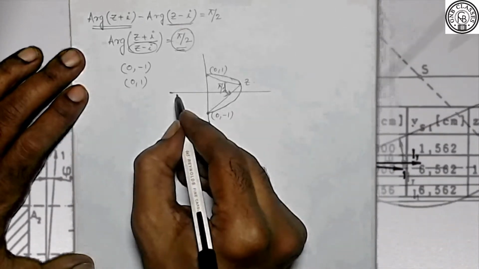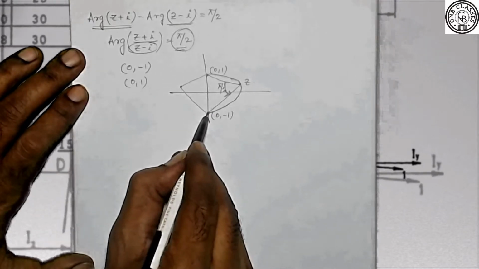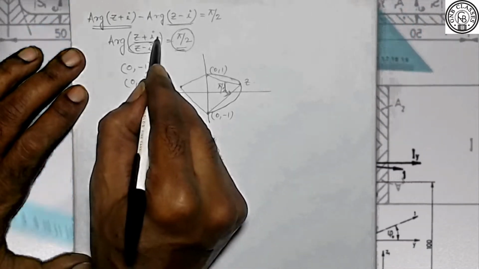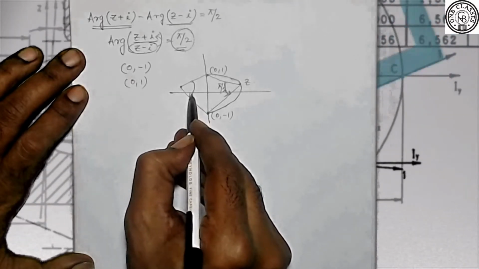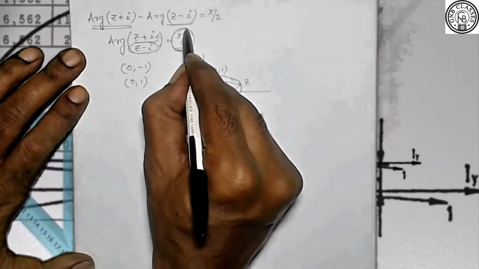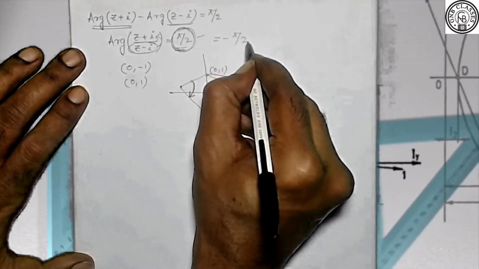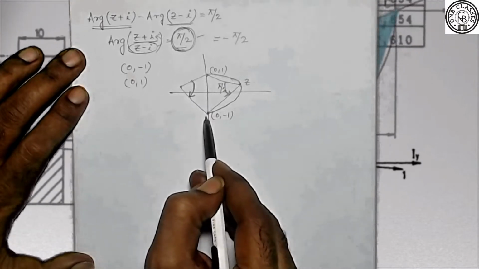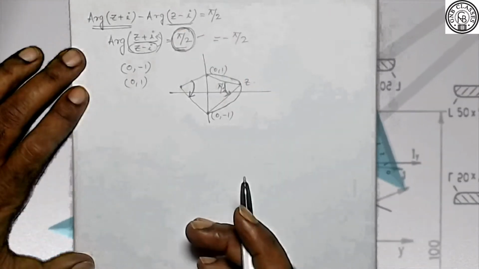Is it clear? Now, if the point is here, let us assume, then what will happen? For z minus iota, we are starting from this point and ending at this point, z plus iota, that is this vector. Now, this is how we have measured. We have measured in the clockwise direction. Therefore, your theta will not be equal to pi by 2. Instead of pi by 2, it would have been minus pi by 2. Then we would have said that the point z is lying on the circumference of the circle whose center is at the origin, but on the left hand side of the y-axis.